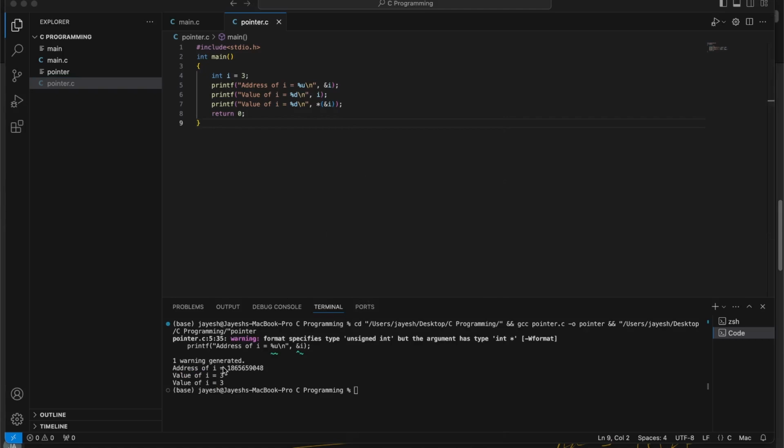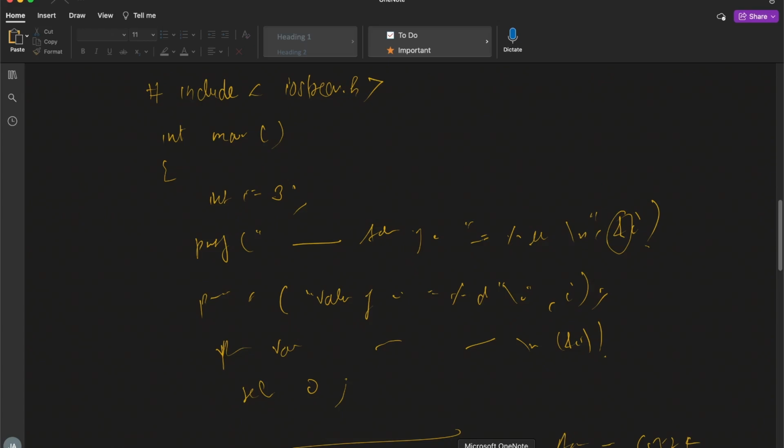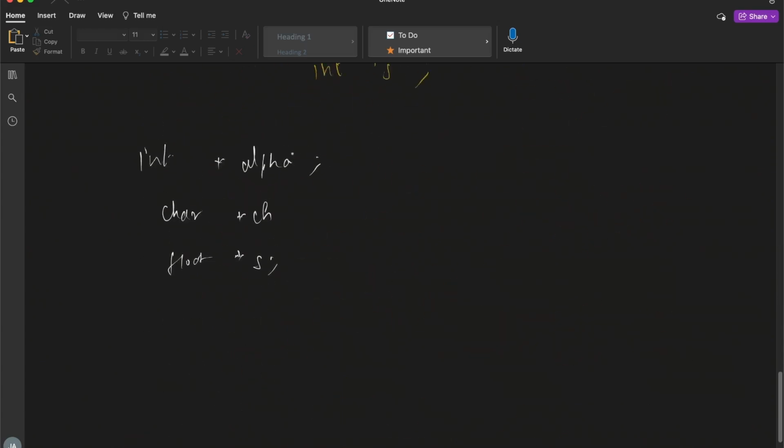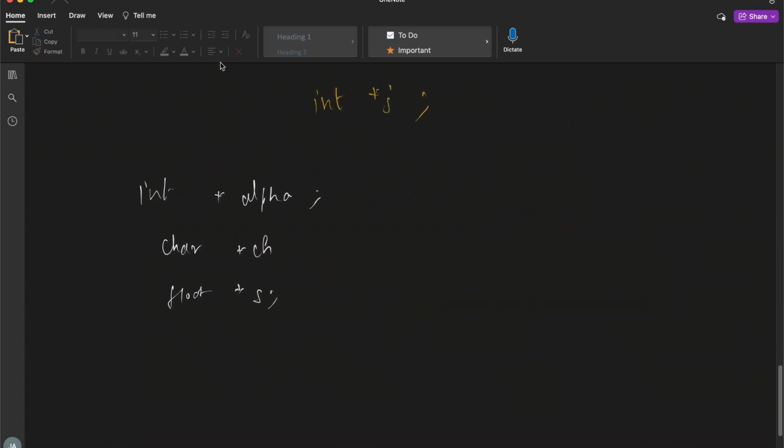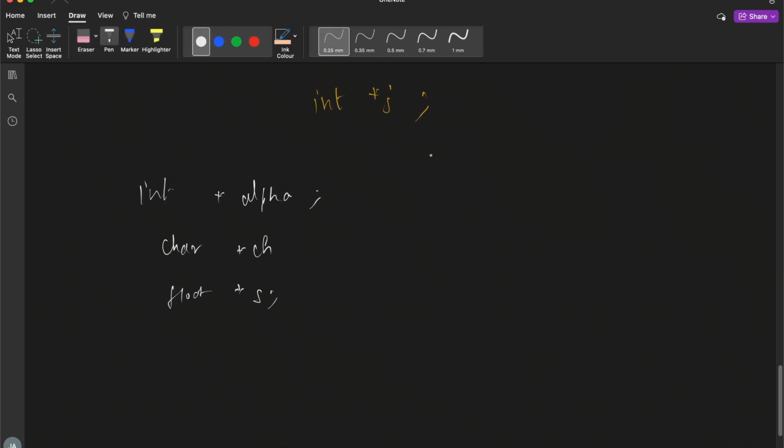So here you can see that the address of i is an unsigned integer value, then the value of i is 3, and the value of i is also 3 using the star pointer variable. So what is this star? Basically, if we have written this star operator,